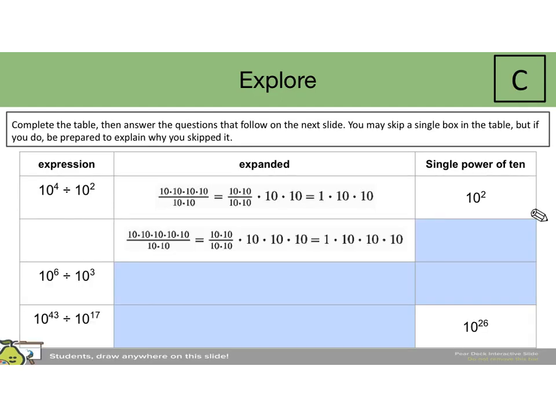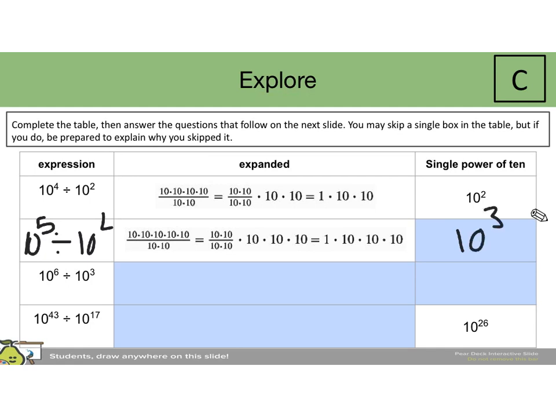Here, students have to complete the table and then answer the questions that follow it on the next slide. Students may skip a single box in the table, but they need to explain why they skipped it. And so, to provide students with extra support, you could provide them this value of 10 to the 26th power, just so that each column has at least 2 values already filled in. But overall, the table should look like 10 to the 5th power divided by 10 to the 2nd power,